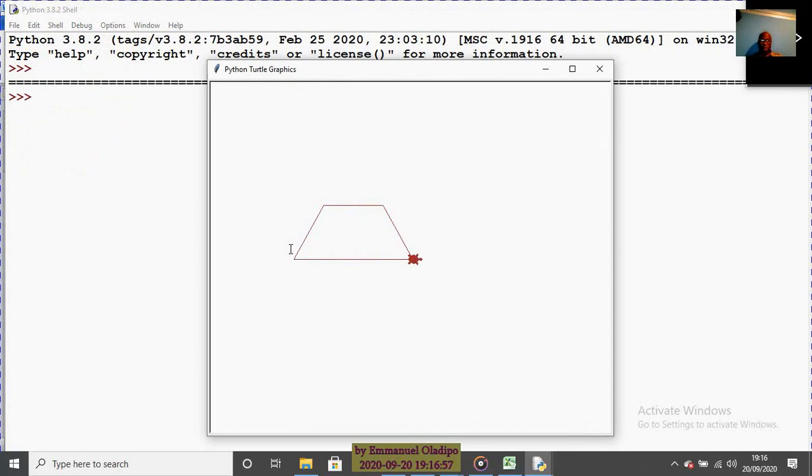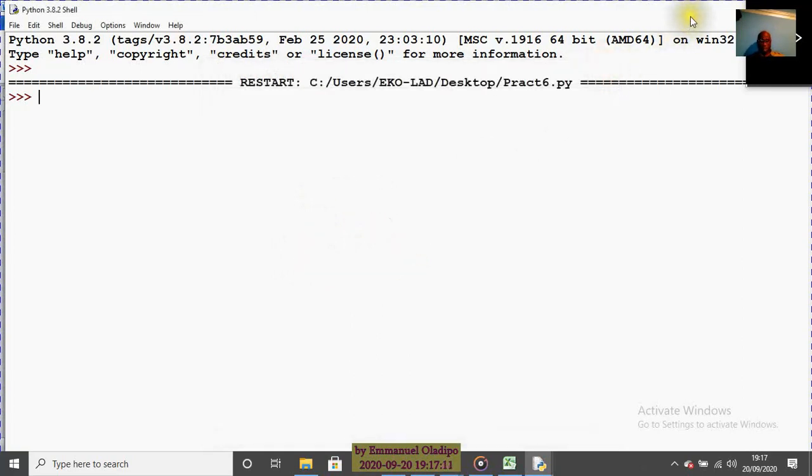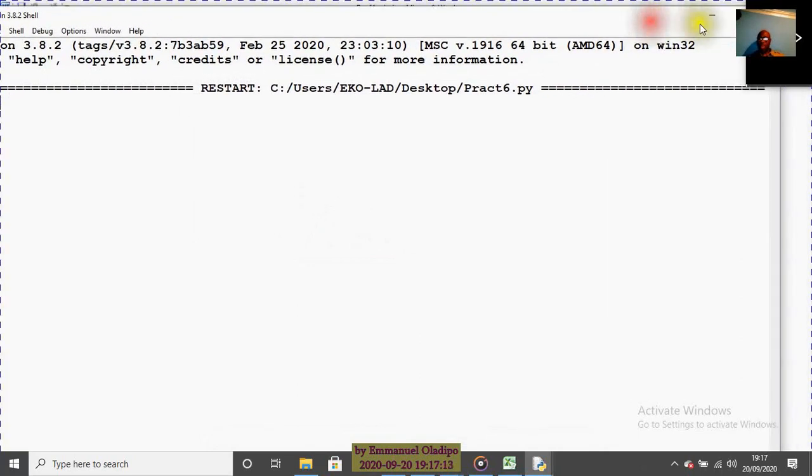Perfect. So we finished drawing the roof. Now we can make this line thicker. To make this thicker, we need to change our pen size, basically. So I'm going to change the pen size now to, let's say,